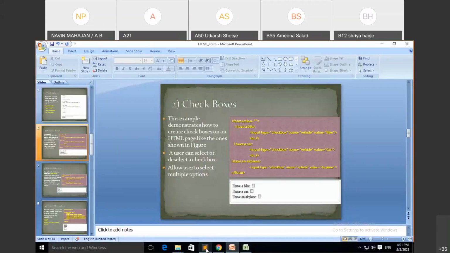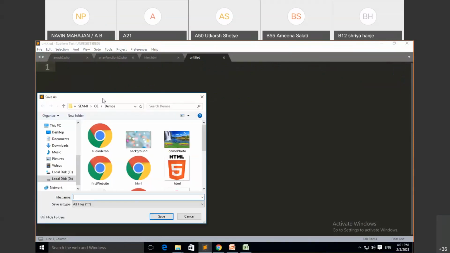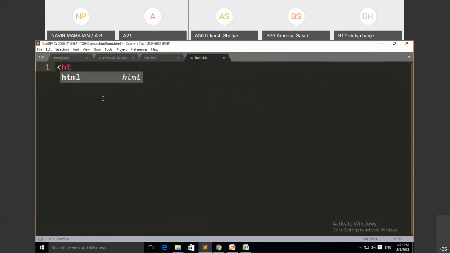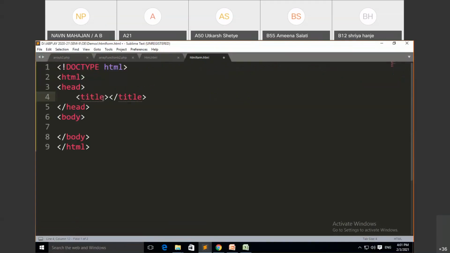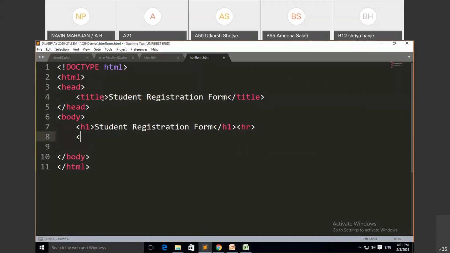Now we'll see how to create this one also. Okay, now we will create the checkbox. First we need to add the form tag. After the form tag, I will add here the